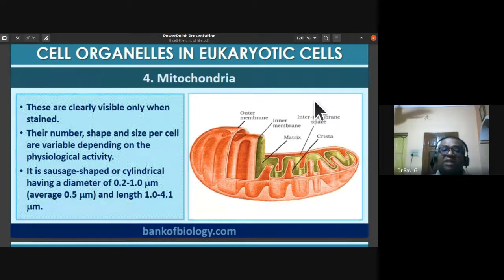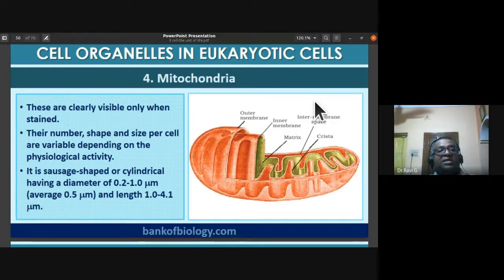Then Golgi complex, they are mostly involved in packaging of the vesicles and other things which are secreted by the endoplasmic reticulum. So they are always closely found associated with the endoplasmic reticulum. You can find two phases in the Golgi complex: the cis phase, which is convex in shape, and the trans phase, which is concave in shape. They have flat disc-like saccular structures, which we call cisternae.